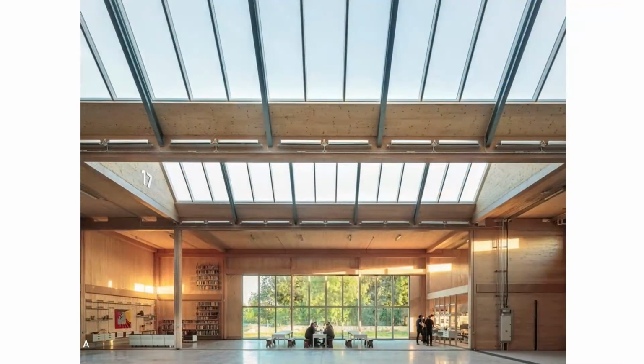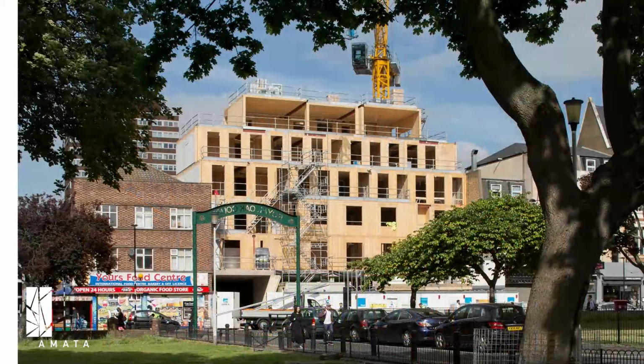So here you can see this is a factory. Well, it's a factory down one end and then a ballet school down the other. So it's a different kind of building. Completely naturally lit as well, which is really beautiful. And we're working on a cinema, so this is a 3-screen cinema here at the base and 5 stories of